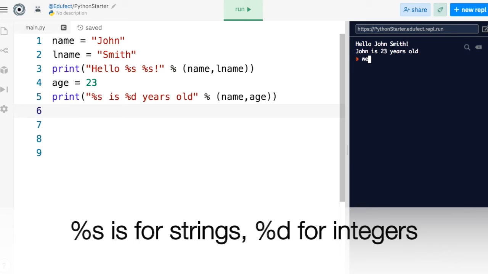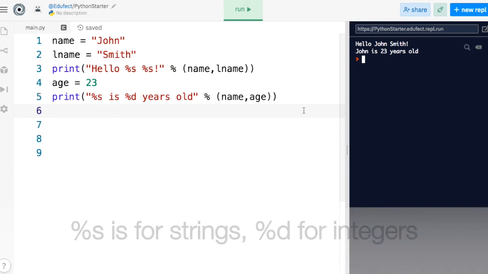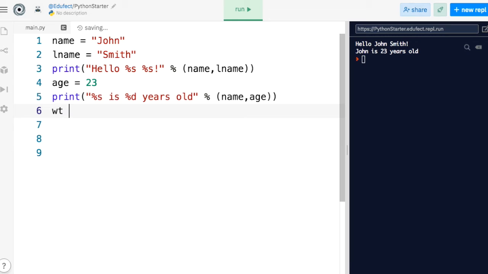Now suppose we have John's weight is 68.94 kgs. We also want to print John's weight. So I will say print, and the statement I want is John weighs 68.94 kg.